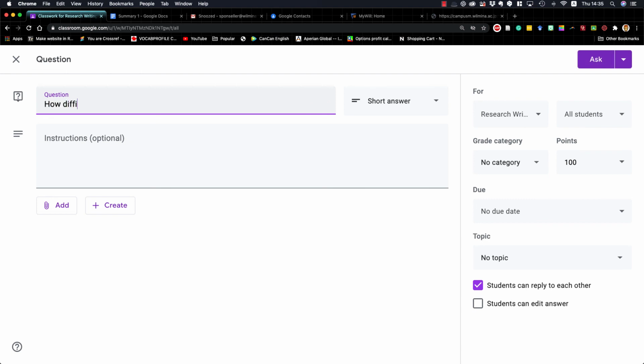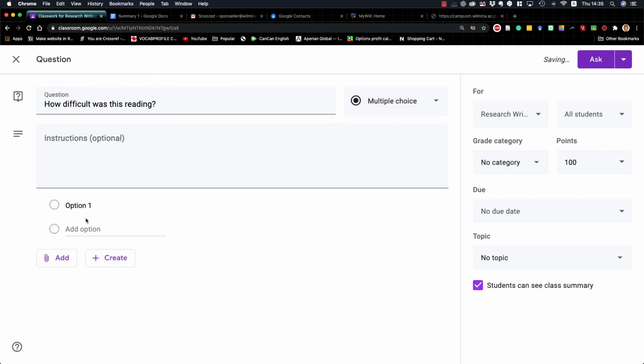How difficult was this reading? Okay, because they had to read some passage, I guess, for this unit 1 that they had to summarize. And I can give them the option to answer it as a short answer or as a multiple choice. And I'm going to say too easy,